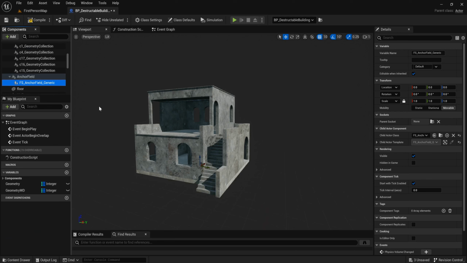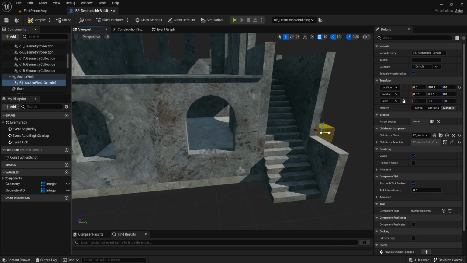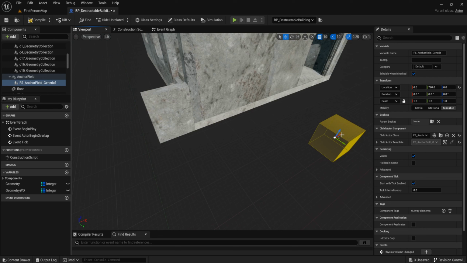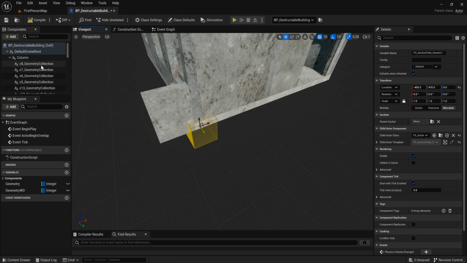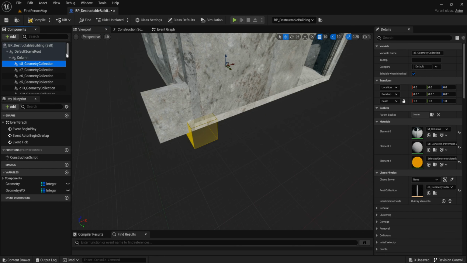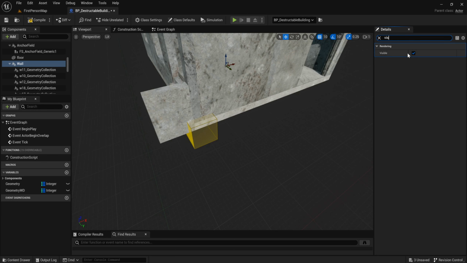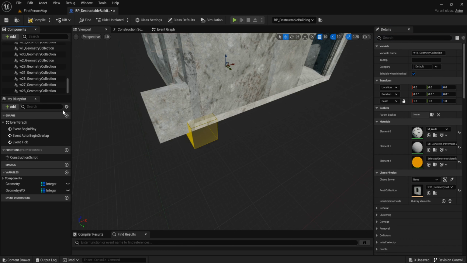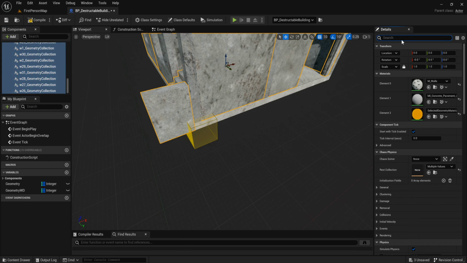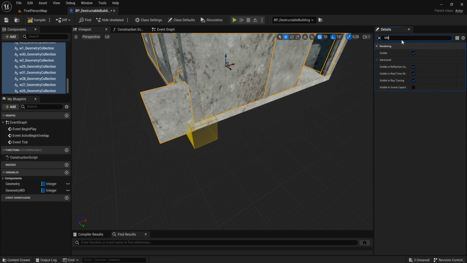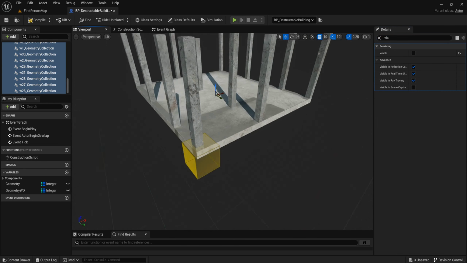And rename it to anchor field generic 1. Move it to this first wall, and we can hide all this wall. I select on the scene, search for visible, select all this wall geometry collection, search for visible, disable it temporarily, and